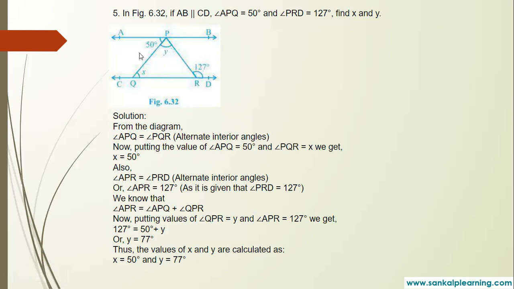Here children, see, it is also very easy to find out. The figure is given, see what all is given. It is 50 degree, this is 127. So here what is equal to 50 degree? There is x and y here. Which angle is 50 degree, you can directly say x is equal to 50 degree. See, AB and CD are parallel lines, right? These two are alternate angles. Look at the Z shape here. So 50 and x are called alternate angles. X is equal to 50.